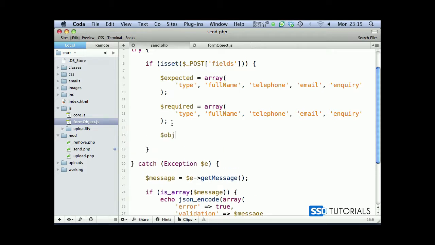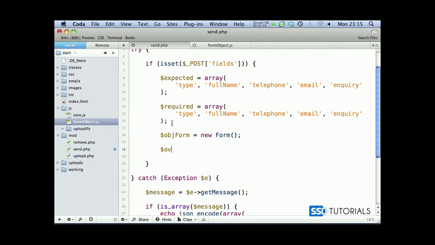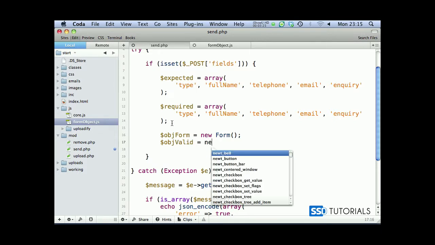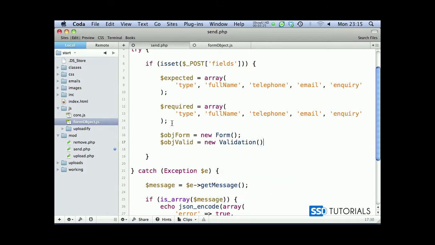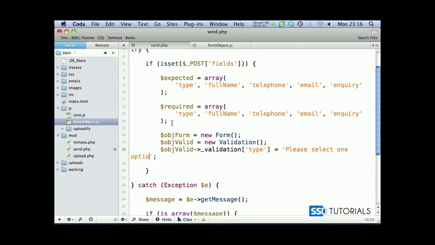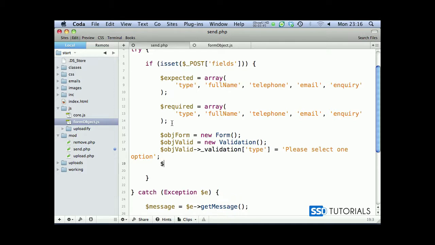Then we go for object form equals new form, and actually let's put it right under object form, object valid equals new validation. And now we go object valid underscore validation, and we put type, basically the validation name, we add this dynamically, so please select one option. Then object valid validation